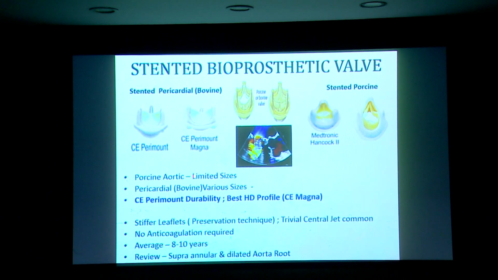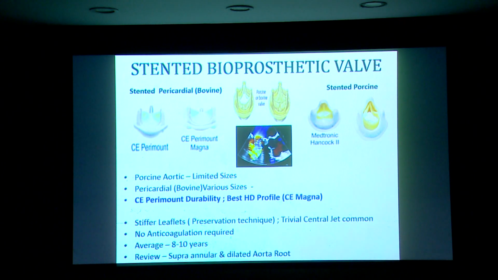And on the left hand side, you see the pericardial valves. Pericardial valves are primarily bovine, such as the Carpentier-Edwards Perimount Magna, or they can be pericardial bovine as well as porcine. They do not require anticoagulation. Any stented valve will have gradients through it. The valve here I would like to highlight is the Perimount, which actually has the best durability